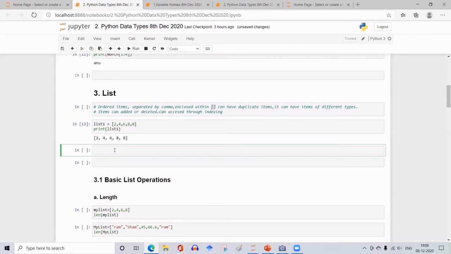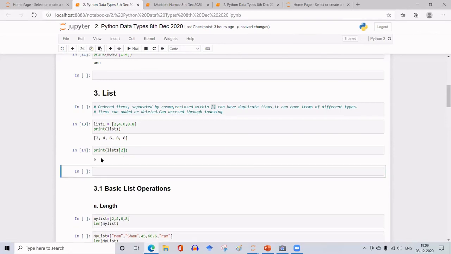So let me access the items using both the methods. Print list 1, and then within square brackets, I'll ask it to print the element 6. What is the index for this 6? 0, 1, 2. Okay.